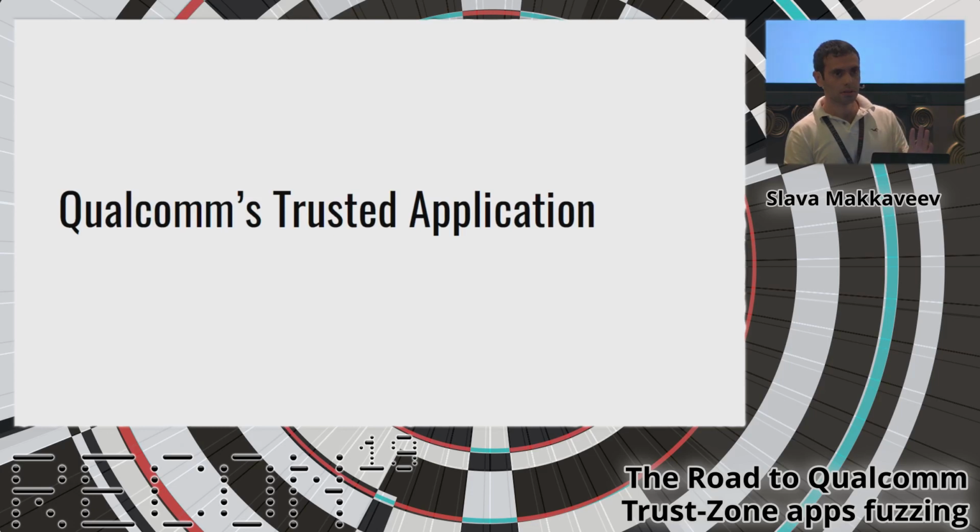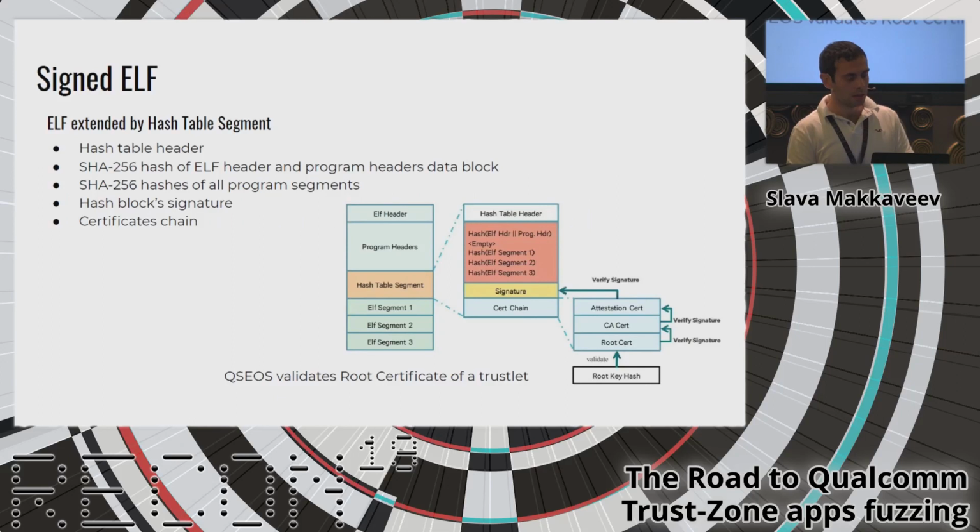So what is the TrustZone Qualcomm application? A Qualcomm application is a signed ELF file. It's a regular ELF file, but extended by a special hash table segment. This segment contains SHA hashes of all program segments and the ELF header itself. This hash block is signed using a certificate chain, and QCOS validates just the root certificate using a key burned into one-time programmable